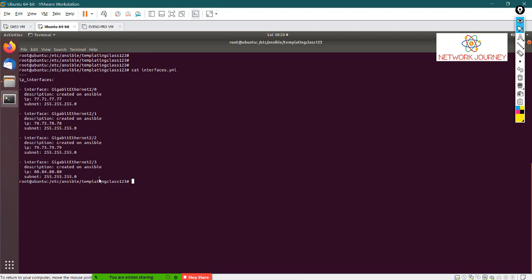But yes, if it is something in a sequential order, like you need VLAN 1 to 100 all in sequence, then you can write a for loop and bring it up. But if it is not sequential, like you need 1, you need 5, you need 10, then you have to do some manual work.